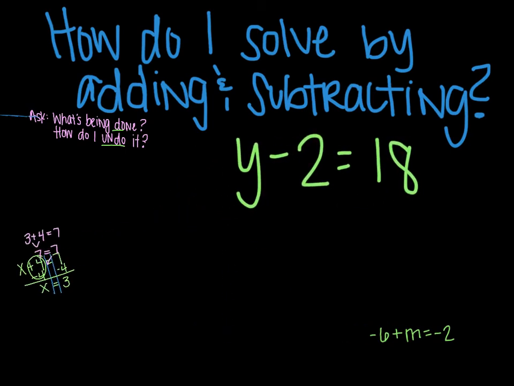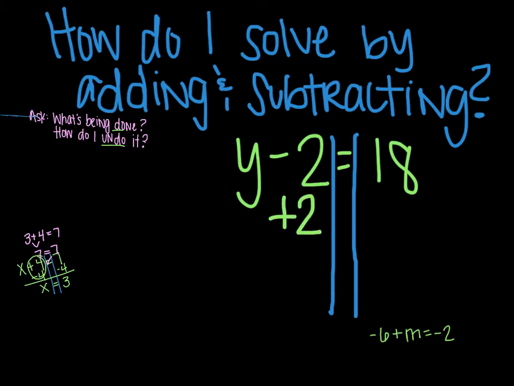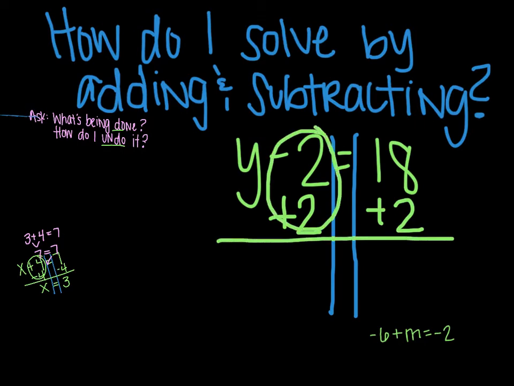Next example is y minus 2 equals 18. So again, I'm going to make my river of the equal sign. Y minus 2, what's being done? Well, I have y being subtracted by 2. So how do I undo it? I need to add 2. And what I do on one side of the river, I have to do to the other side of the river. Minus 2 and plus 2, that's going to equal 0, so I kind of put a 0 symbol over that. So now I drop down what's left, y, drop down my equal sign, and then 18 plus 2 is 20,